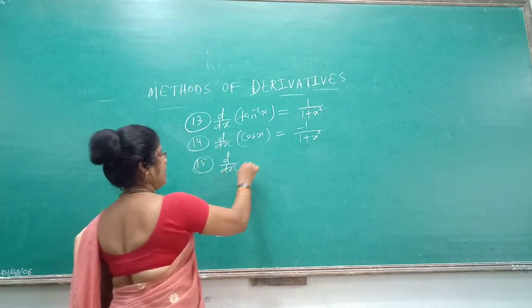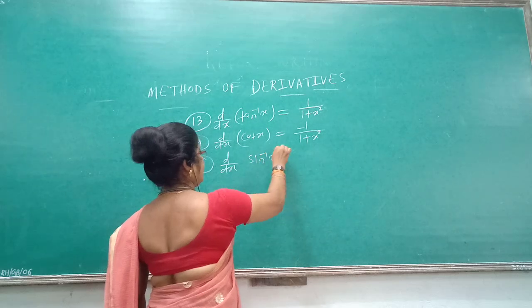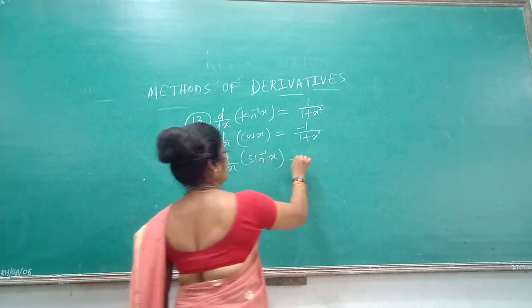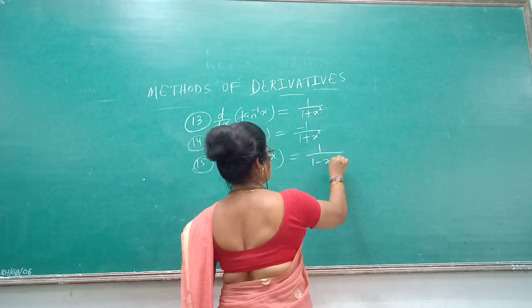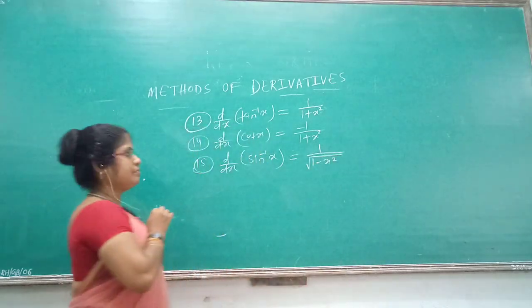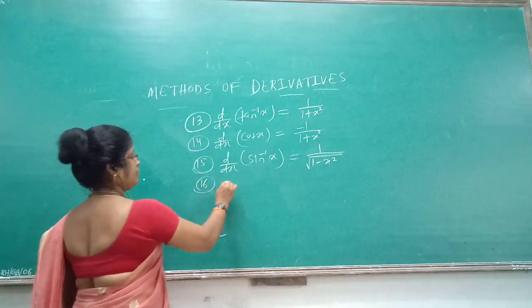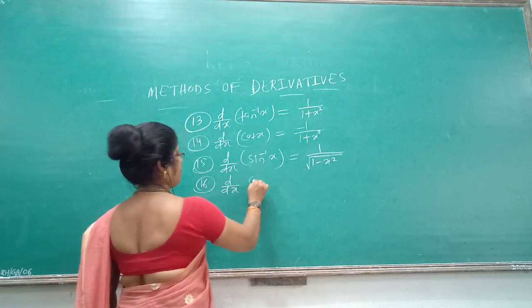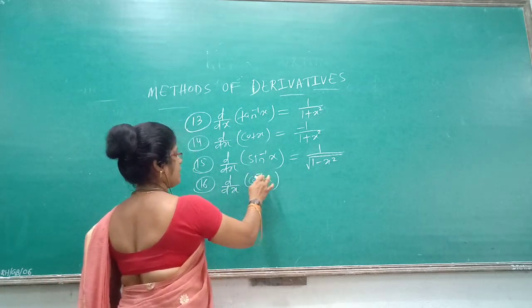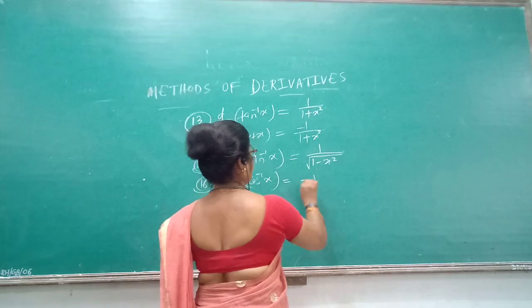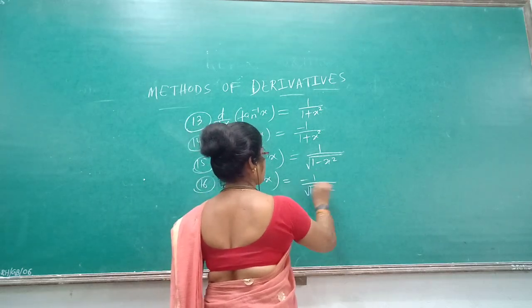Next, d by dx of sin inverse x is 1 by square root of 1 minus x square, derivative of cos inverse x is minus 1 by square root of 1 minus x square,